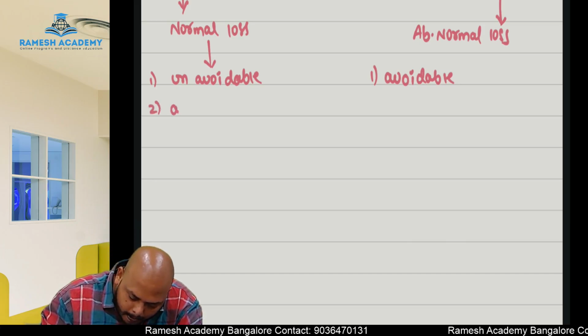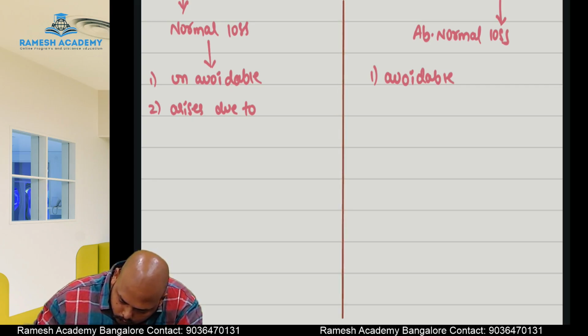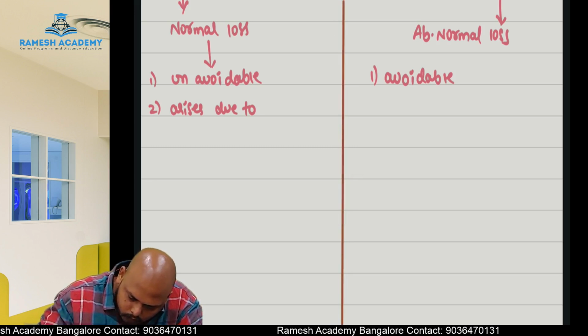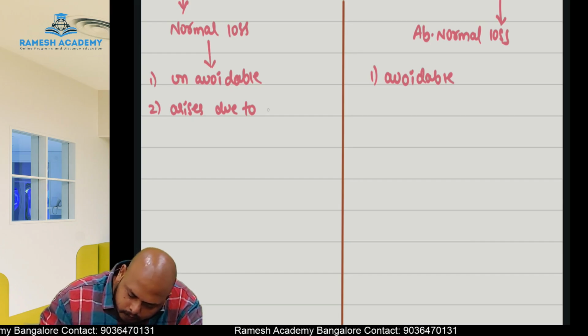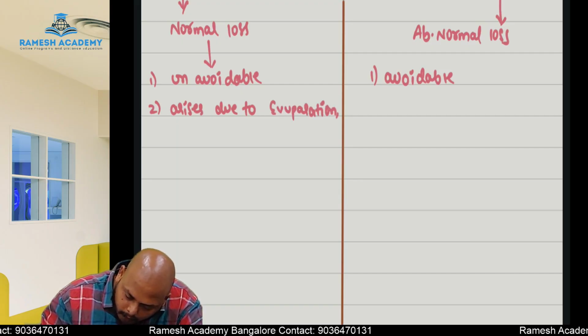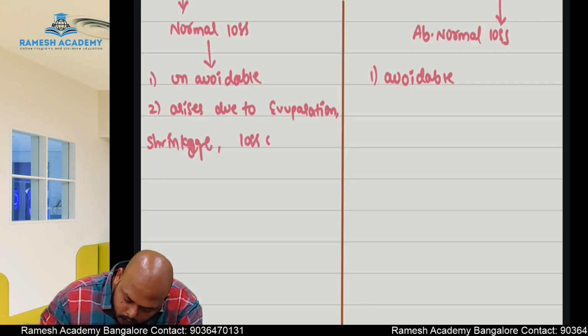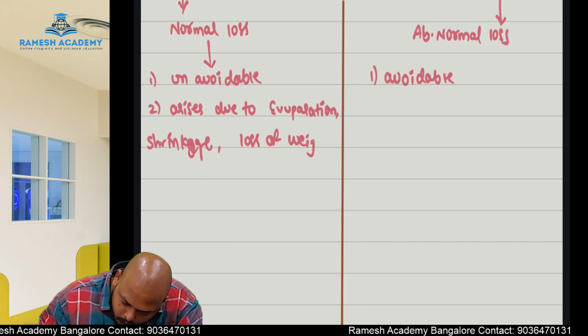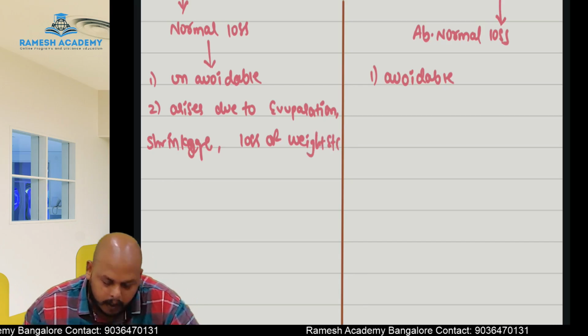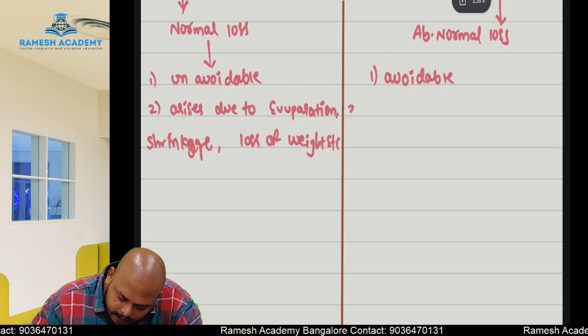Second, normal loss arises due to evaporation, shrinkage, loss of weight, etc. It arises due to evaporation, shrinkage and loss of weight, etc. Whereas in the case of abnormal loss,